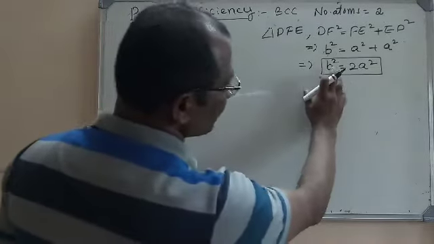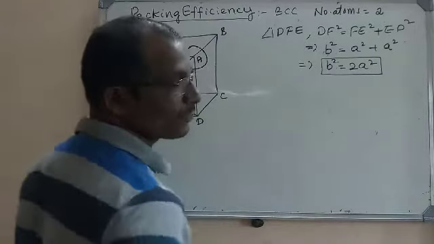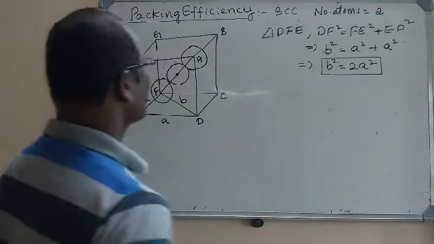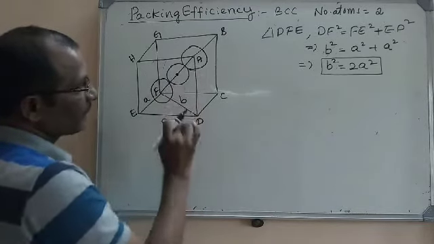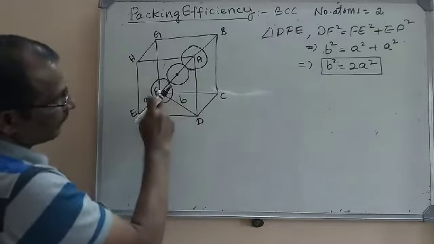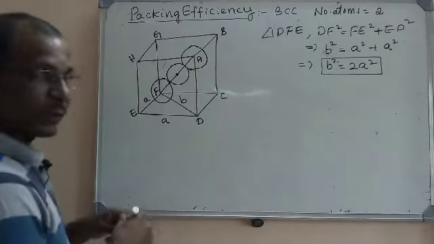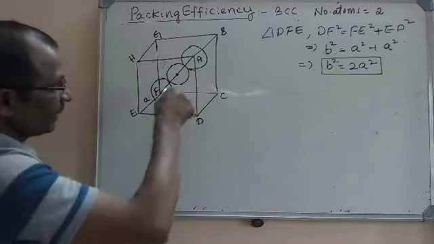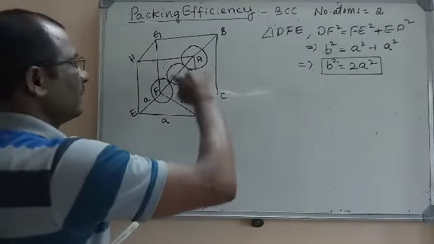We have written the value of B square as 2A square. This is the first part. Now let us take this triangle. What is this triangle? DFA or AFD. Triangle AFD you can take. Look here, once again I am showing. Triangle AFD. Here this A to F,